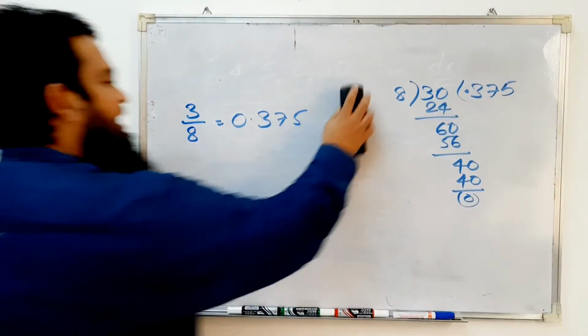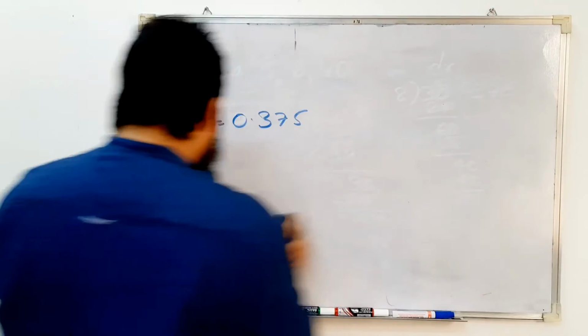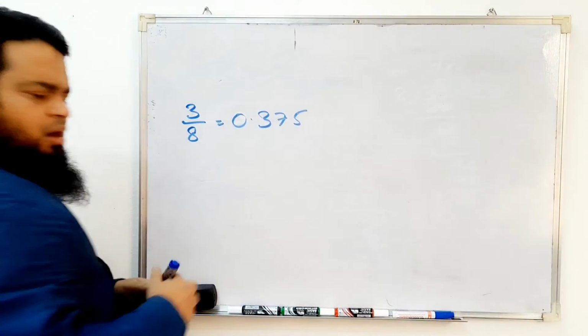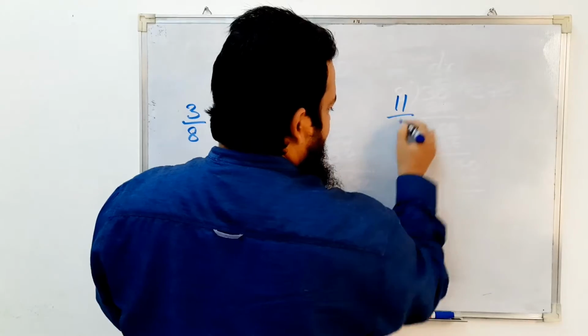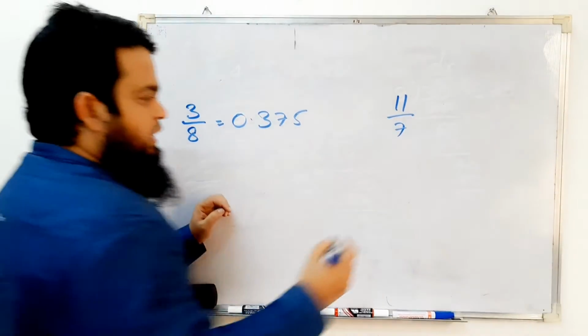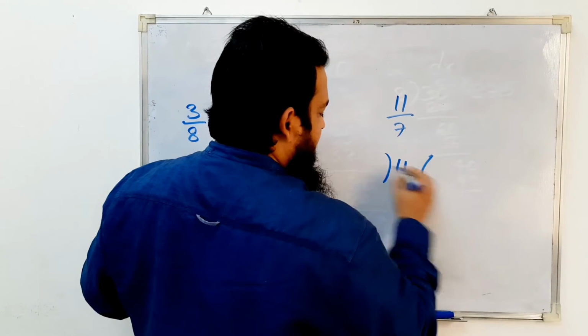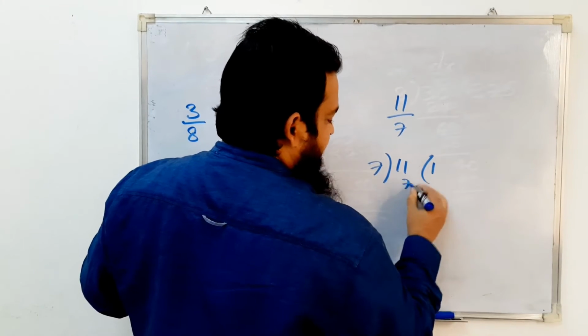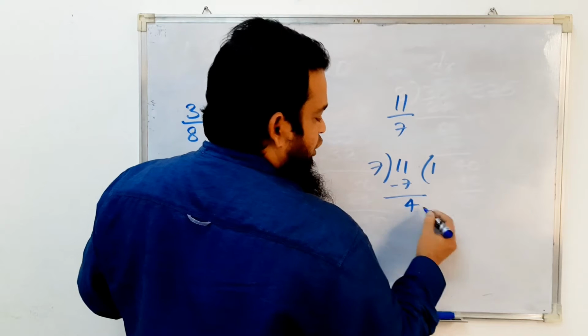Let us take another fraction. You can take anything. Okay, for example, 11 by, what is that? Your wish, 11 by 7. Okay, so let us do 7 into 11. 7 ones are 7. 11 minus 7 is 4. And